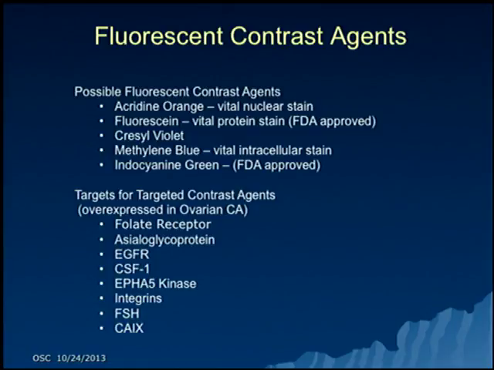So the contrast agents are really an important area. This is something that I think is really going to make or break this field in terms of making it a clinically viable tool. Right now we're just using a dye called acridine orange, which is a vital nuclear stain. It goes across the cell membrane rapidly. It stains the nucleus and gives us very nice quality images. But it's potentially cytotoxic and mutagenic and not something that you want to use generally. So there are some other dyes that are FDA approved that are safer, don't necessarily produce quite as nice a contrast, but there's some choices here in terms of what you might look at for contrast agents for fluorescence imaging.